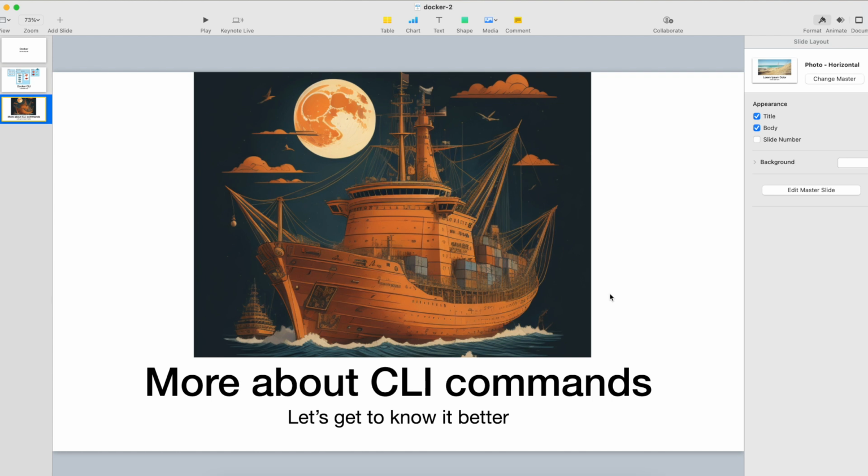Now I want to talk more about the CLI commands. A lot of times when people learn about Docker, they kind of remember some of the commands, and then when they are posed a new requirement, they kind of stutter. They are not able to understand what to do. They reach out to their dearest friend called Google, and they have to go through a lot of articles to understand what they want to do. This is similar to